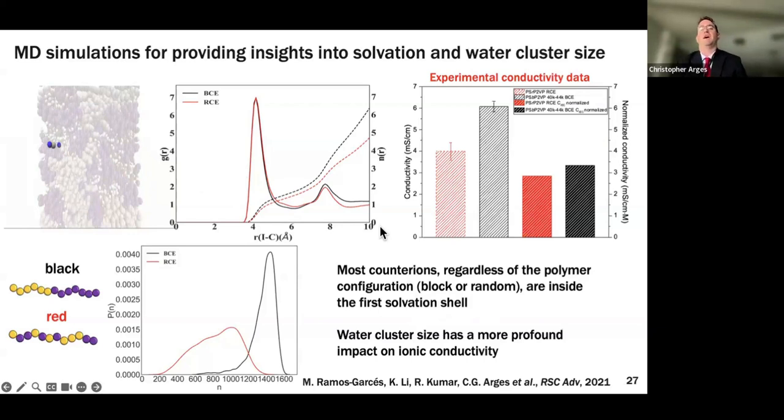So we really find here that this isn't a very good method to determine whether we have a more dissociated ion versus another. What she showed though that is interesting is the water cluster size. Even though this block copolymer system has lower activity coefficients and more condensation, it has higher conductivity. The reason is that it has a lot more water molecules in a given cluster than the random copolymer electrolyte. So hydration is really important for mediating ionic conduction within these films.